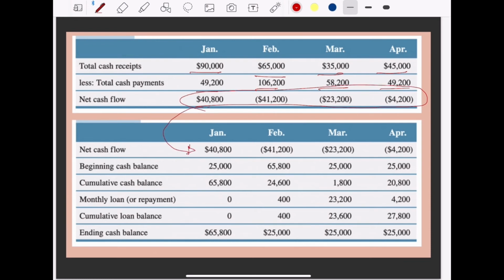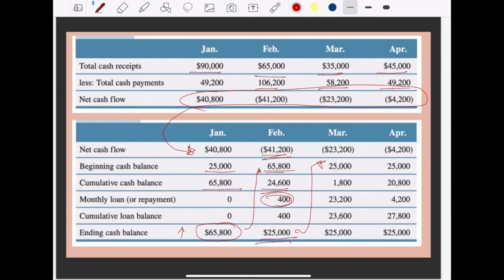So again, our beginning cash balance is 25,000. That's the minimum desired cash balance of the company. So if you see the cumulative cash balance now, when we use the level approach, is 65,800. There's an increase, and that becomes the beginning cash balance of the next month. Then it was offset by the net cash flow. Now you see, we only need to borrow $400